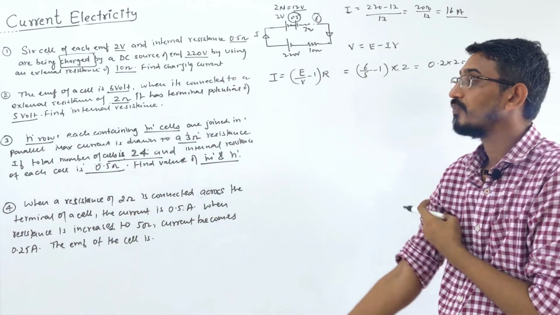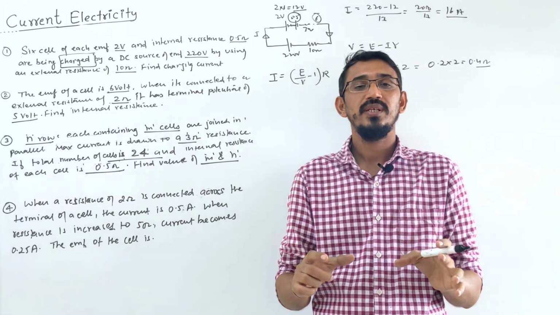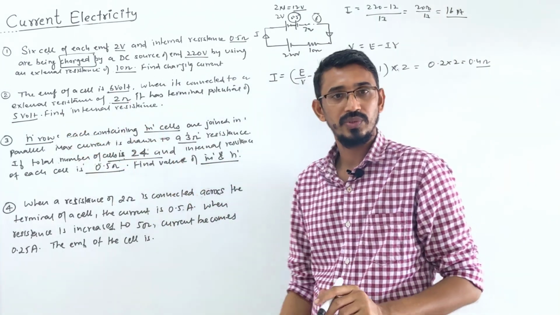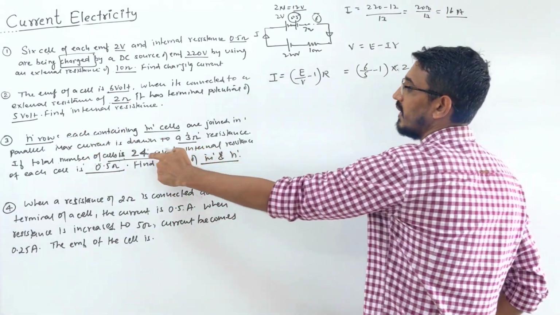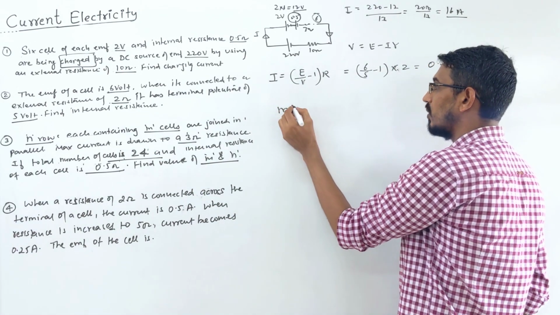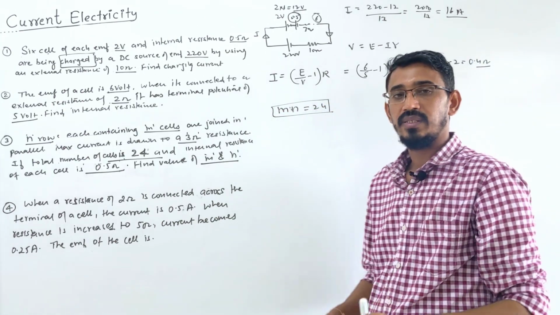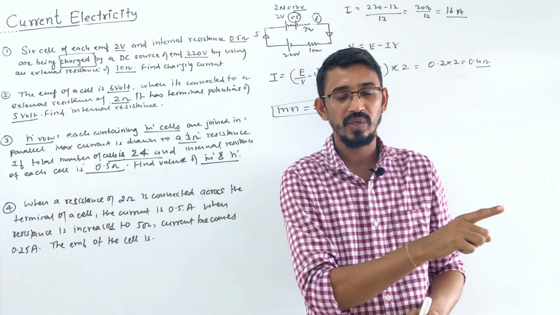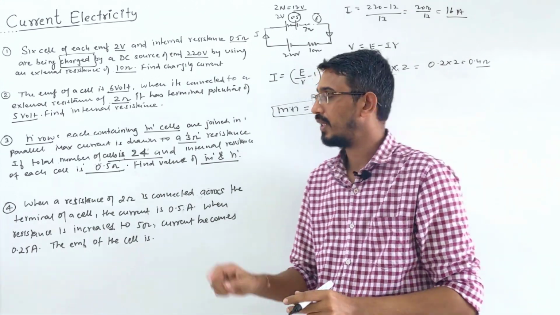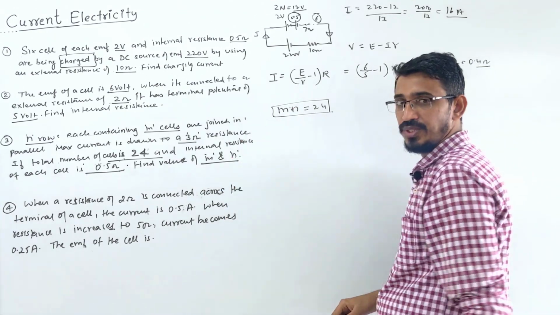Very nice question. So watch carefully. You have M number of cells in series in each row, and how many rows you have? N number of rows. So what is the total number of cells given to you? Obviously the total number of cells is M into N. M are the number of cells in one line, and we have N lines. So the total number of cells will be the multiplication of them, right? So one equation we know. We want to find M and N, so we need one more equation.